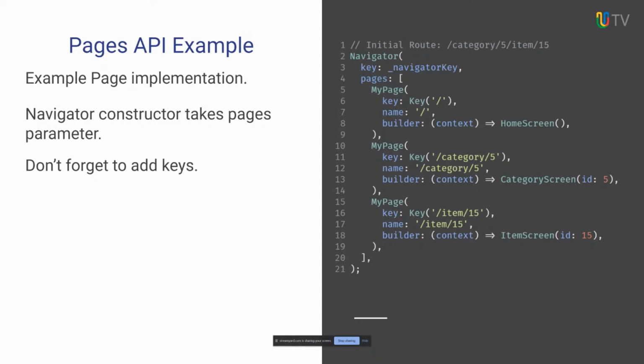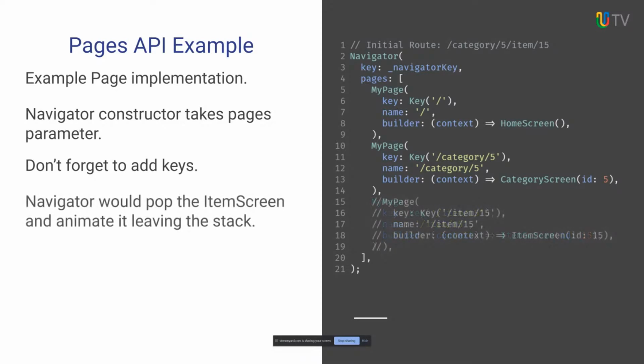And in this case, I use the key factory method to create a value key of string that's just unique enough for this purpose. Okay. So in this situation, I've just commented out that last one, item 15. And in this situation, the navigator would see that the page count is now 2. That item 15, my page at the bottom there, has now been removed. So then it will do the pop animation for us, and we'll pop the route and do the normal thing that we normally expect, which is the way the route pops and notifies and everything else. And it animates that.